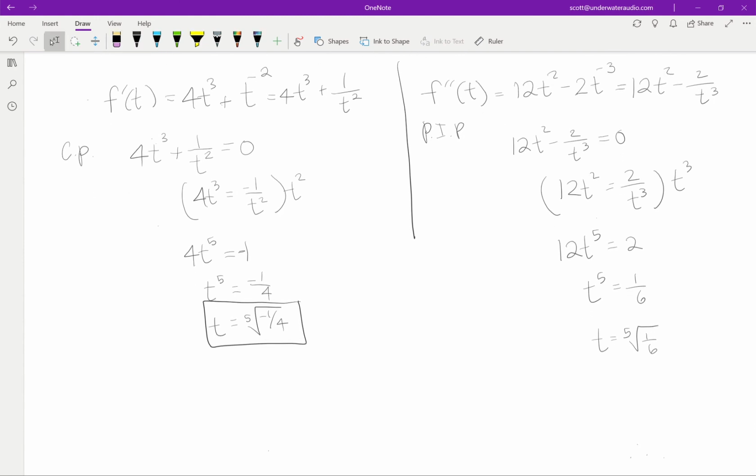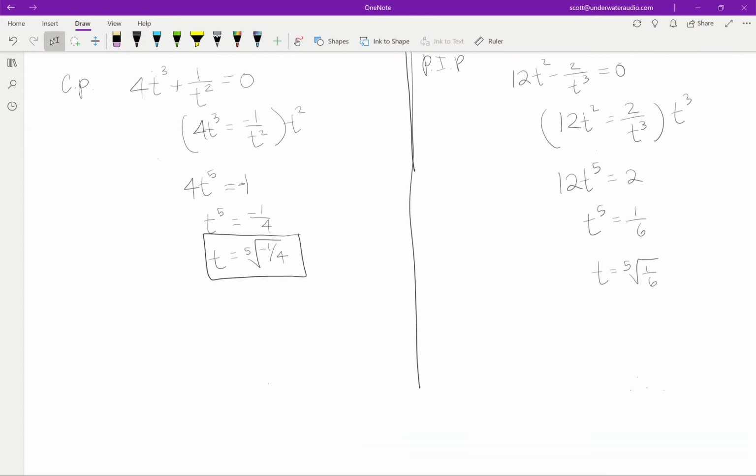Now I'm going to continue this line down. So now I'm going to make number lines. We got the 5th root of negative 1/4. So I need to test points on either side for both of these. And actually, let's